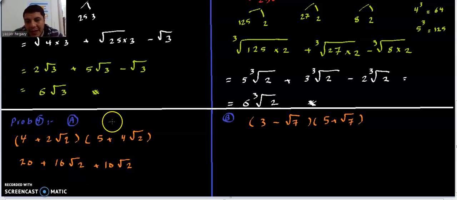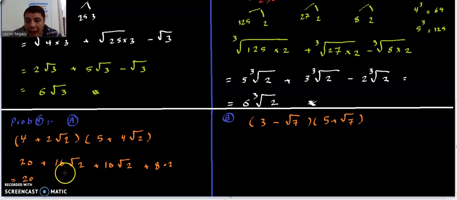Here we have 2 multiplied by 4 equals 8, the square root of 2 multiplied by the square root of 2, so we have the same index, the same radicand, and the multiplication. By the way, if we have different radicands, we can multiply, but we can't add or subtract. So the square root of 2 multiplied by the square root of 2 equals 2. So 8 multiplied by 2. Here we have 20 plus